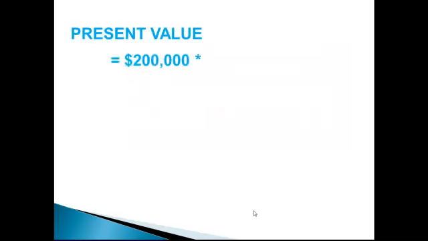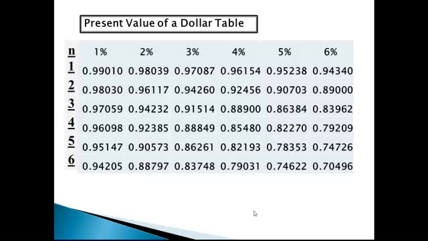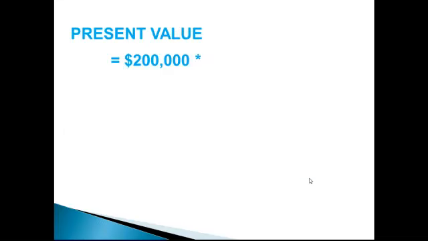So to get the present value, we'll take the future value, $200,000, and we'll multiply by the present value interest factor. So if you look at your table, remember that we're told we can earn 6% on our money, that's per year, and we're going to invest it for 5 years. So our factor is 0.74726. So the present value of $200,000 5 years from now, if you can earn 6% annually on your money, the present value is